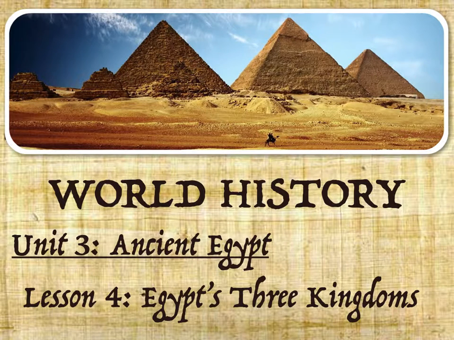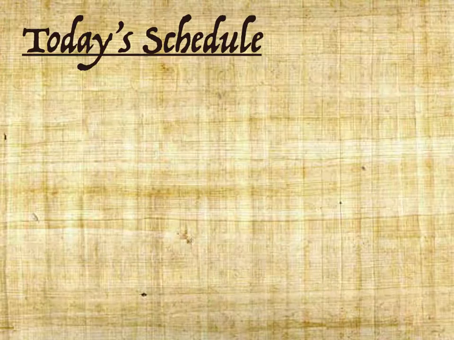Lesson 4 is on Egypt's three kingdoms. Egyptian history is divided into three historical periods called the Old Kingdom, the Middle Kingdom, and the New Kingdom, with